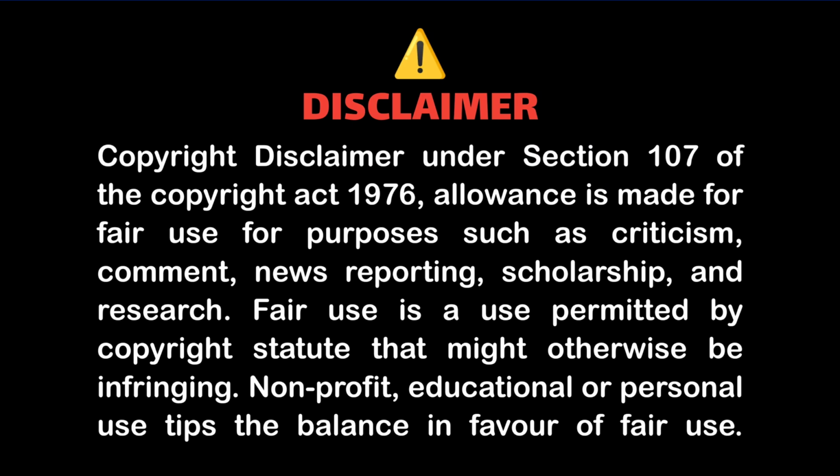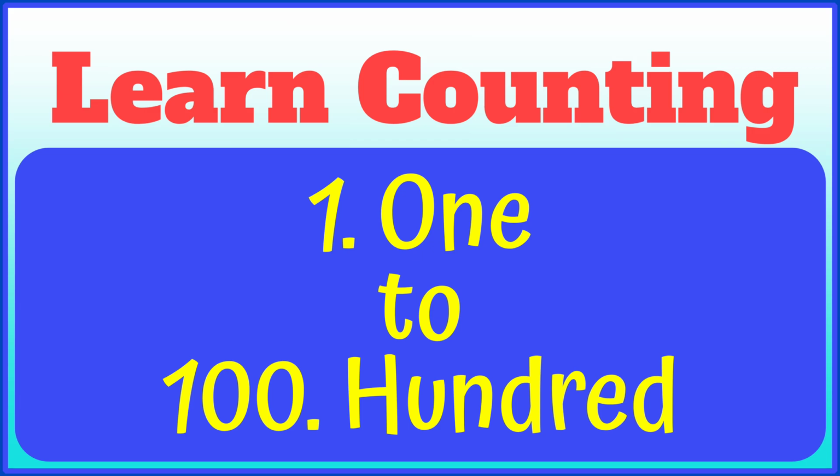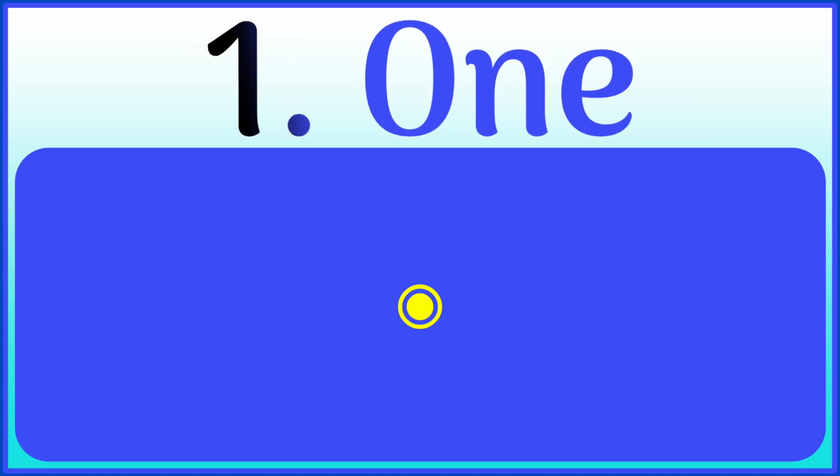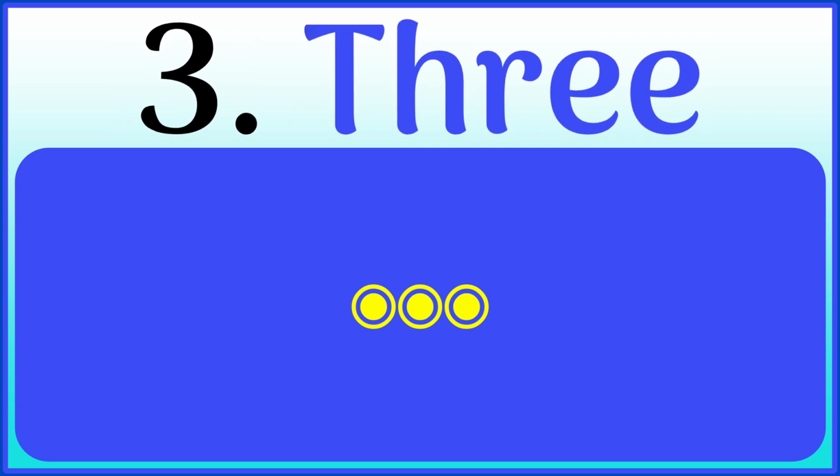Today we will learn counting from 1 to 100. So let's get started. 1, 2, 3, 4,